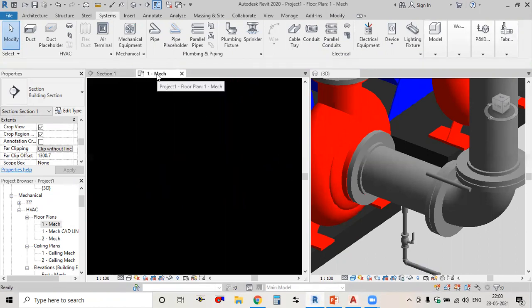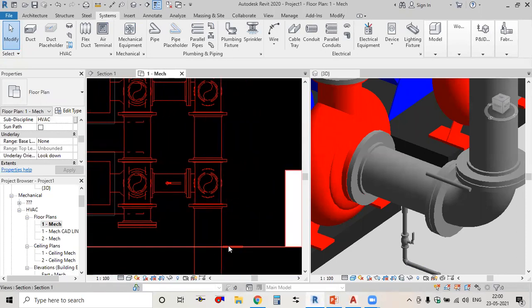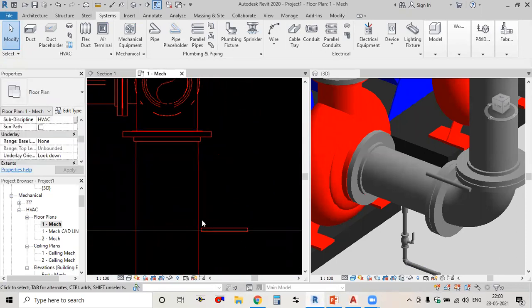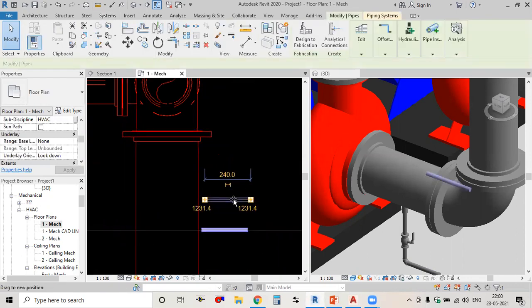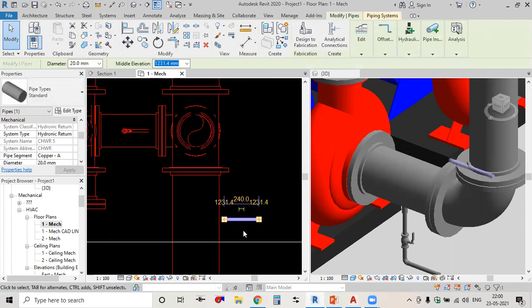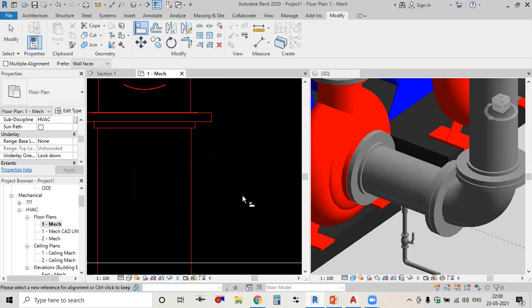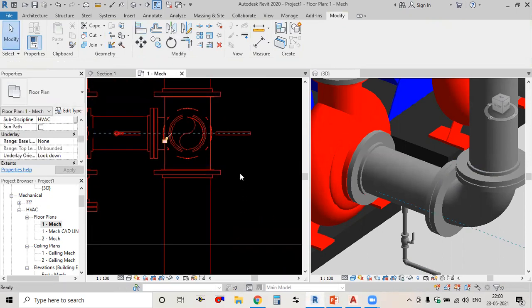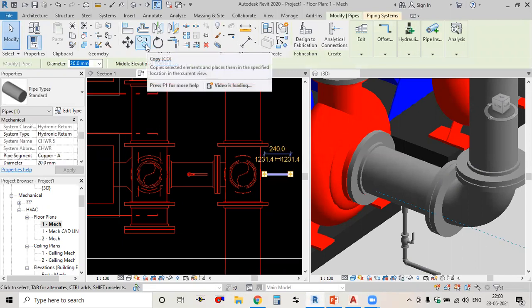Go to the floor plan, and here you can see we have this small pipe. Select this pipe, just make it a little bit far. You can use the move key or you can use the align tool. Here is the align tool, short key is AL. Align with this branch pipe. And for this side also you can copy with the help of copy tool. Short key is CO.